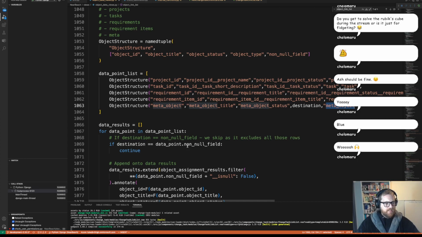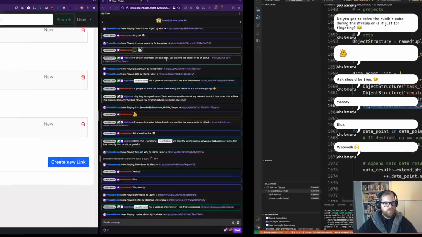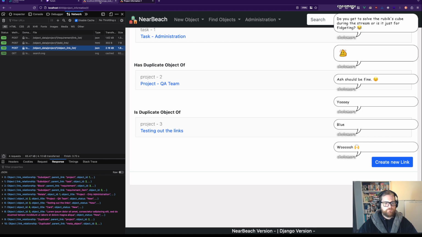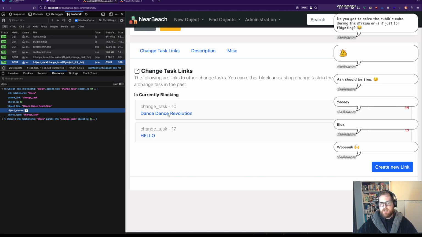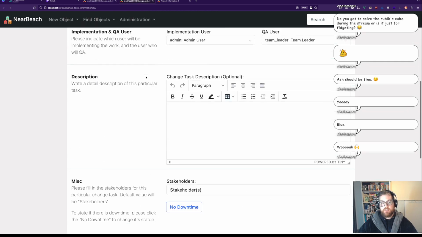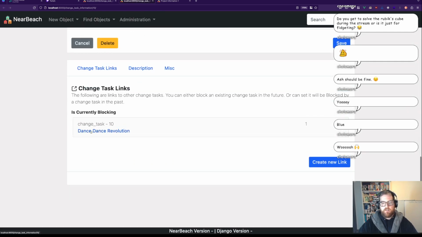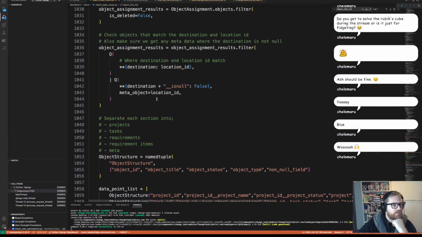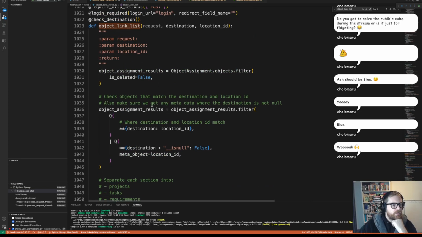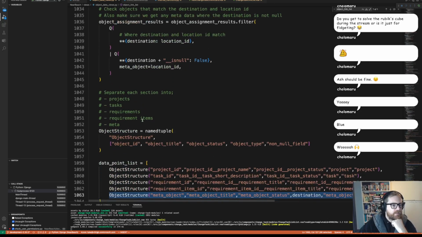Okay, I think I know what's happening here. I think I need two things. I need to actually key in because, for example, if I'm in here and this says currently blocking these guys, if I actually open those links in a new tab, so we're on change task 10 right now, we should have this going the other way, and that is still being meta. That is still working without, oh, it will work. It'll work because of this. I'll pull that data out, but